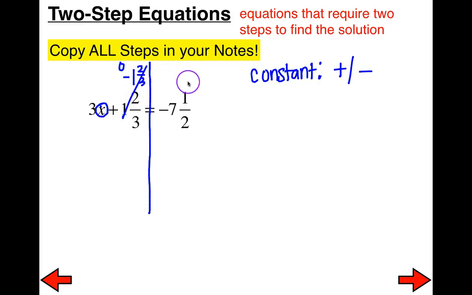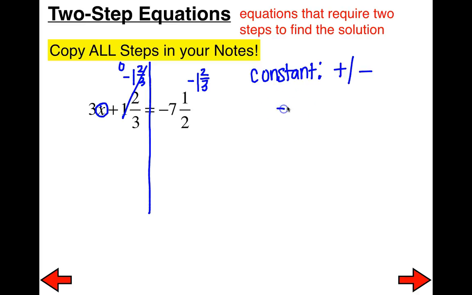But whatever you do to one side, you must do to the other. So 1 and 2/3. This is using the subtraction property of equality. So notice, since I'm doing the same to both sides, I'm keeping it balanced, and that's using the subtraction property of equality. So here, for some side work to figure out what that is, I'm going to go ahead and